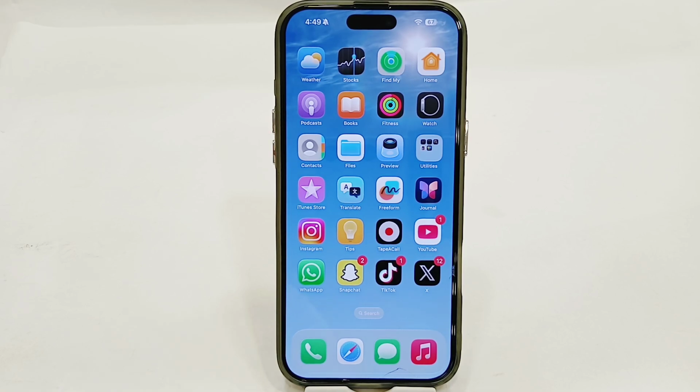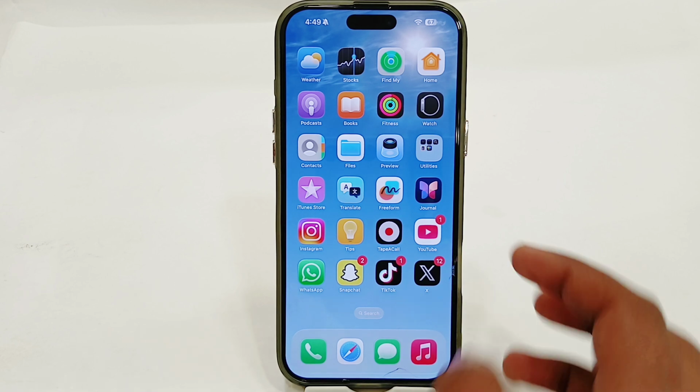Hey guys, today I'm going to tell you how to know if someone has blocked you on Snapchat. If you're using Snapchat and you think that someone has blocked you, let's see how you can check or